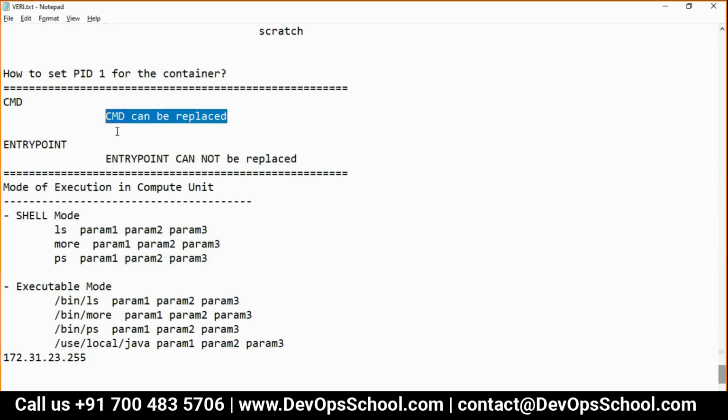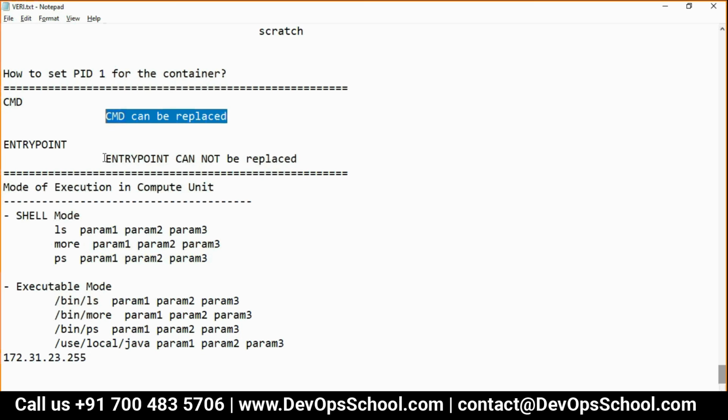Okay. But sometimes you need web applications, like one best example which you are already using, Jenkins, Apache, Nginx, some Jira, Nexus, Artifactory, any web application or something which you want to keep on running. In that case, you should use entry point.